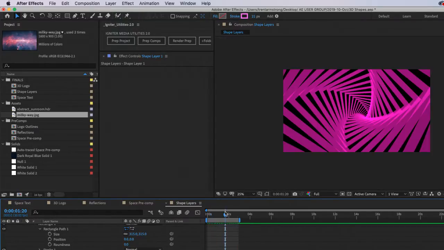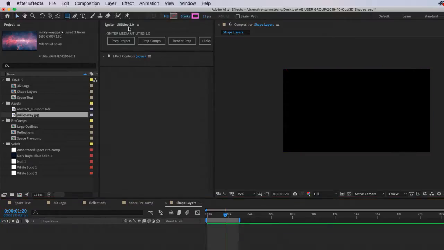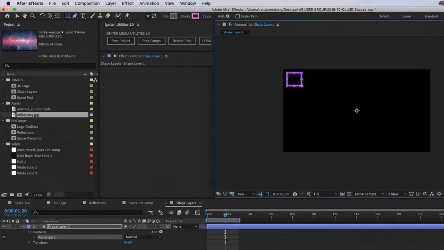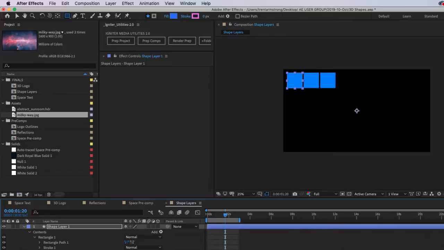Something that I think is really cool with repeaters is you can double up repeaters. I'm just going to delete that one and I'll create a box here like that. With repeater 1, I'm going to have my box go off like this.